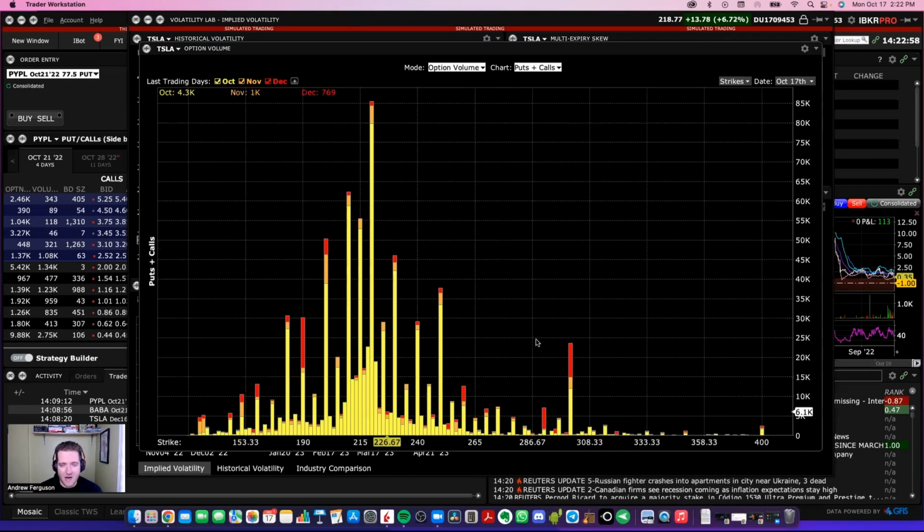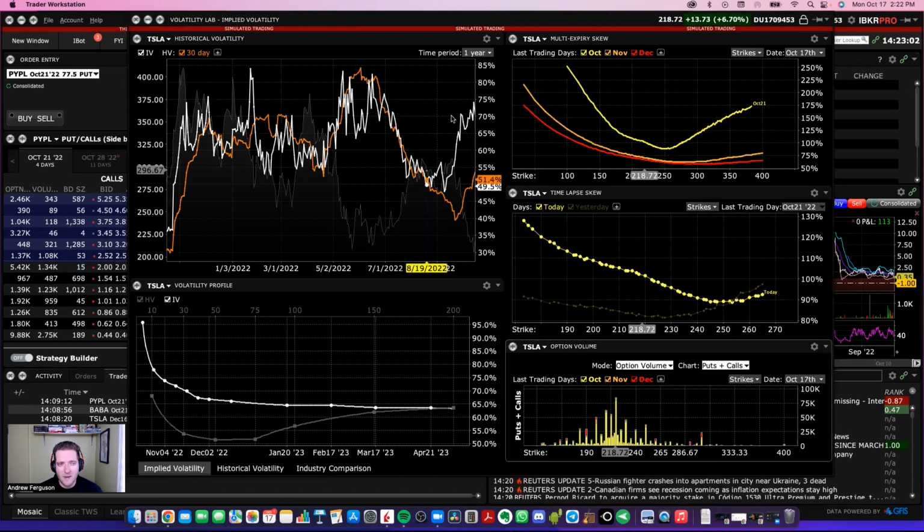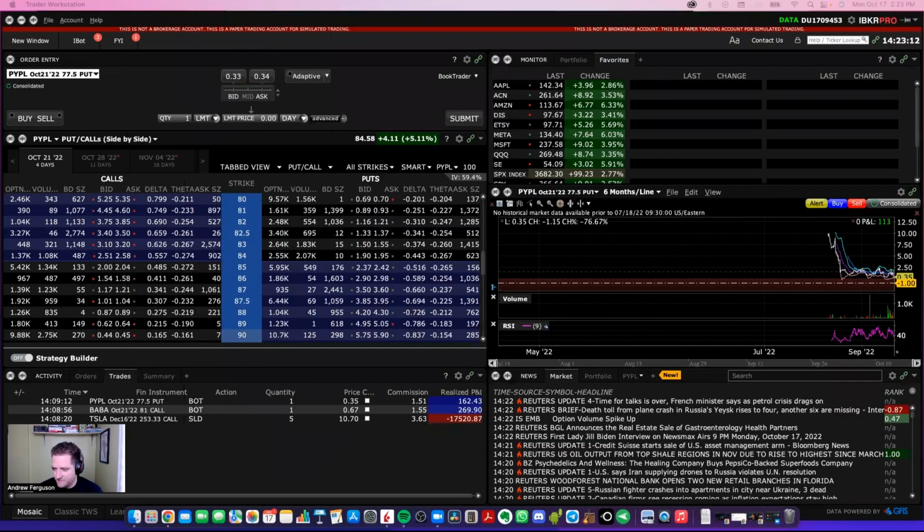So when you're scanning through your stocks and you're looking at different things, make sure you open up the Volatility Lab once in a while and just see where the implied volatility is at versus historical volatility. What this means, again, if you're going into your options chain, and we're going to just switch gears here a little bit, if you just move this over, when you're going into your options chain for Tesla,